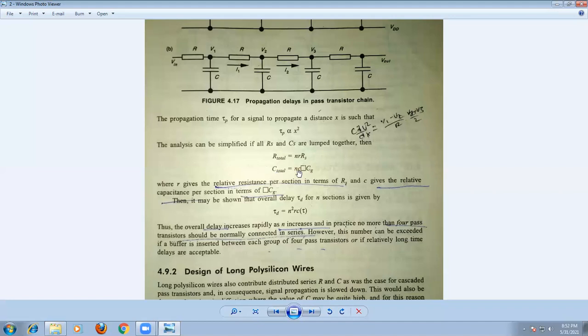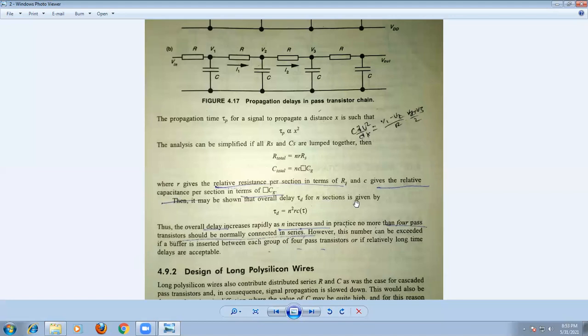Okay, and the unit of this relative capacitance is in terms of square cc. Remember, we are going to represent the values R and C in terms of relative values. So the unit for resistance is in terms of RS, and the capacitance value in terms of square cc. Therefore, the overall time delay of the network is given by